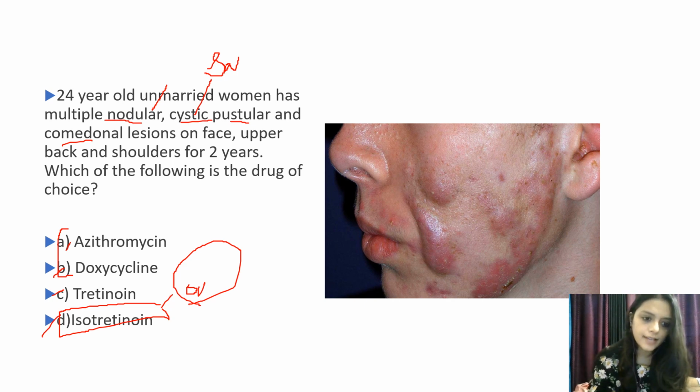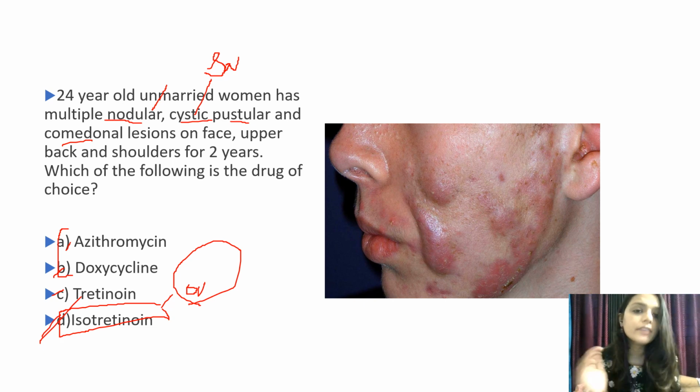So here the answer is isotretinoin. Again, I will tell you something regarding isotretinoin. This drug is contraindicated in pregnancy. That is very important. So we don't give this in pregnant women. One important side effect of this drug is that whenever we use it, our skin becomes hypersensitive, so it can easily cause sunburns also. Before prescribing this, we should ask whether the patient is pregnant or planning to get pregnant. First we should rule that out, and also we should tell the patient that sometimes they can get sunburn, so they should limit exposure to the sun after applying this cream.